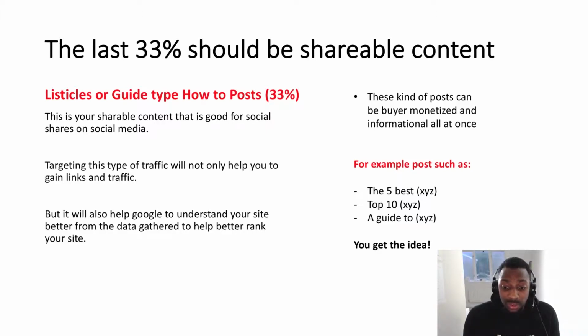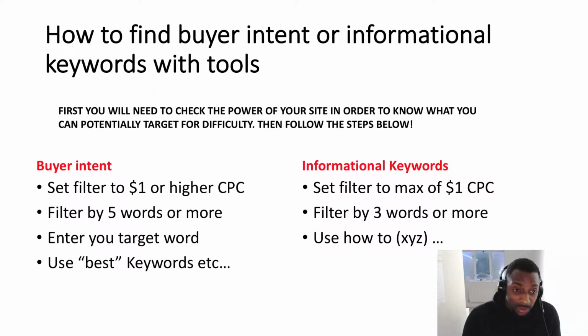Okay, now this kind of post can be buyer intent or informational. So for example, you could have the best things about XYZ or top 10 tips about XYZ. Inside of that, you could have straight links to products where you're monetizing it, and information as well, or a complete guide to XYZ. You get the idea. So that's what I've put inside. Now, how do you find buyer intent or informational keywords